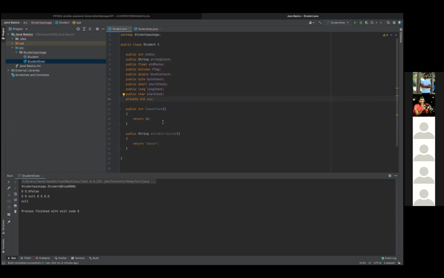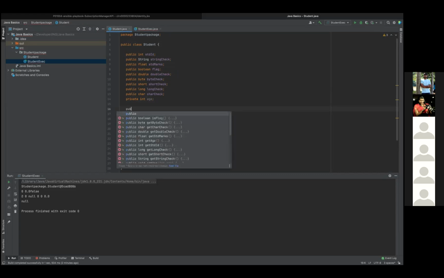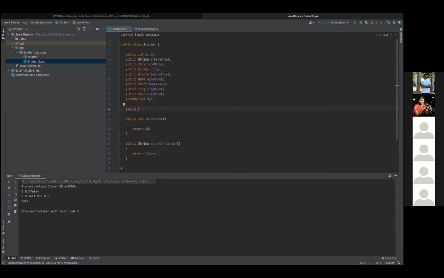Now, can you give one more enter? So there are two methods: one is to get and one is to set. Right now we are going to get the value. We are not setting anything. So create public. Whatever attributes are private, if you want to access them outside, the method should always be public. Then your return type for this age is int, because you're trying to get the value, so you have to return that particular data type, int.